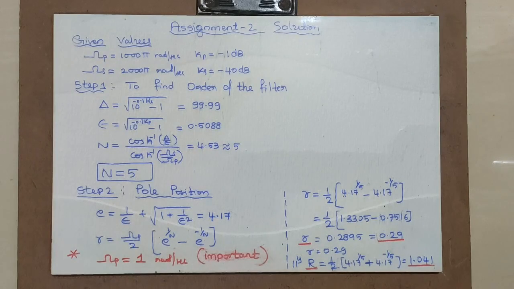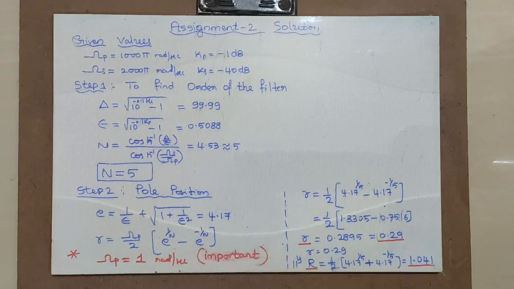Hello students, as I told you, I will solve assignment 2, which was the fifth order filter. It was a bit difficult for you to solve, and some steps were confusing when I solved the example. Hence I felt that I shall solve it again and present that video. Here a few steps are added which make solving the problem easy, because I found it is very difficult for you to solve the pole position, that is step 2. Hence some things are added in this video.